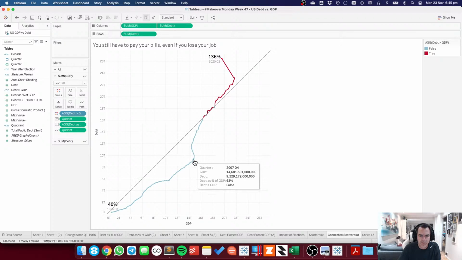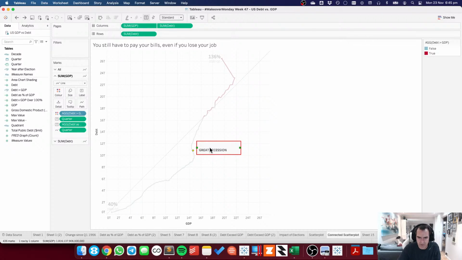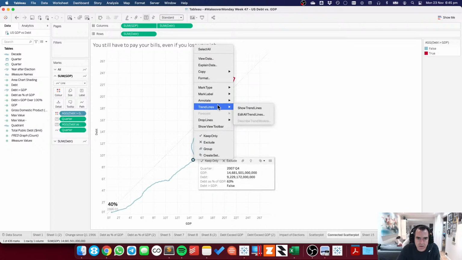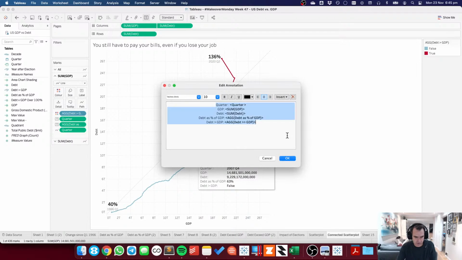Okay, maybe I'll just mark this one point. Let me get rid of that. Create mark, annotate mark. So, start of Great Recession.